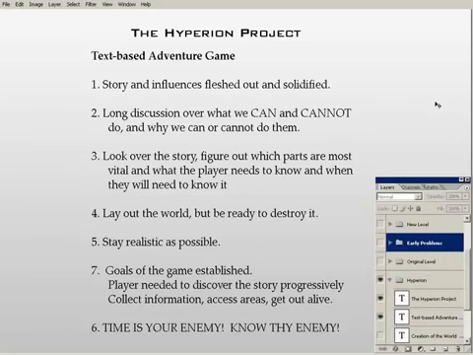So, once we get that, we look over the story, figure out which parts are most vital, and what the player needs to know and when they need to know it. This is where PDAs and notes came in, and really that's what I was limited to. I'll talk about how things change when we get into some of the early problems of the game. I was thinking that the story could develop through the use of computers, hacking into people's emails, watching video camera feeds, which is something I was just barely able to work in a little bit. But using those elements to pace out how the player comes to grips with what's happened throughout the story.